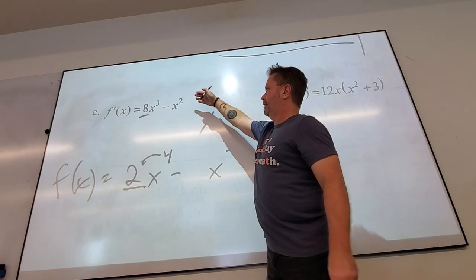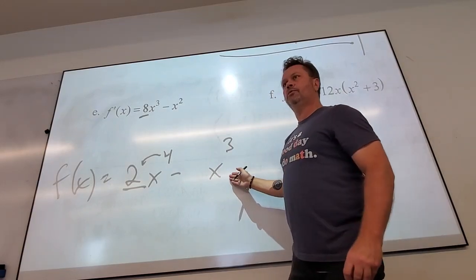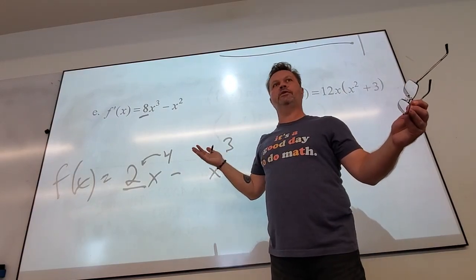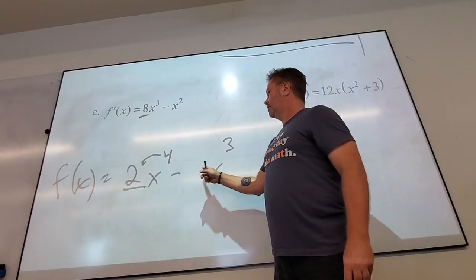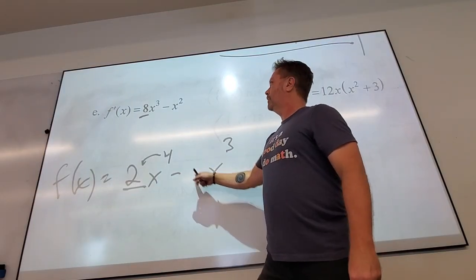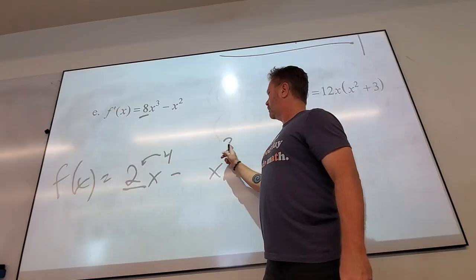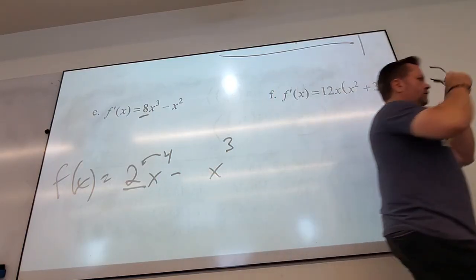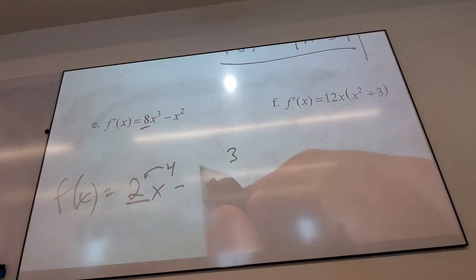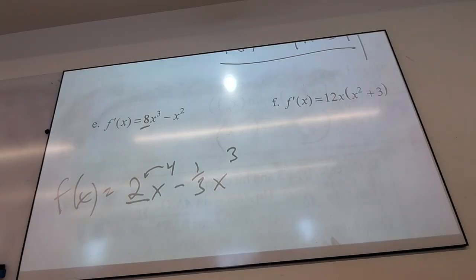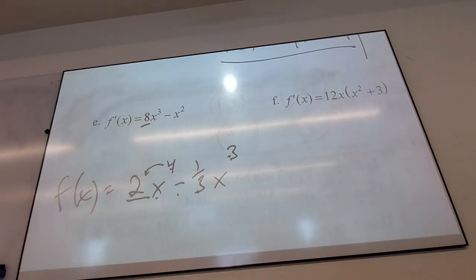So very cool, if seeing x squared, it had to come from x cubed. That's where x squareds come from when you take derivatives. And then you just think about what number had to be there. The sign is the same, thankfully, but the 3's got to die. So there must have been a 1/3. Now, if you do this, 8x cubed minus x squared. You can check it.